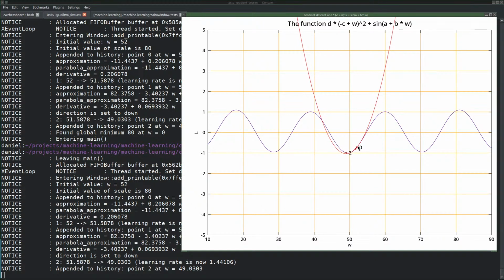And then it determined the minimum of the parabola, which is here. So that w value then plugged into this function, and then we find 0.2. And yeah, all of that is visible now, so why not? And then if we press space again,